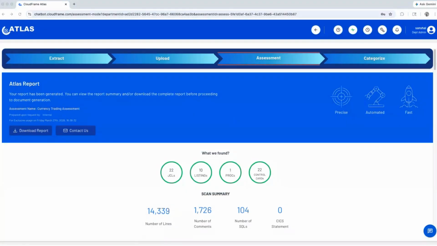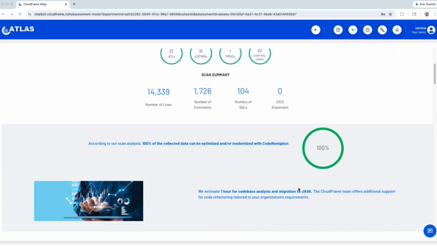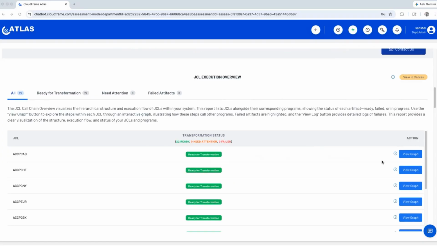truth. Atlas has identified the artifacts ingested, as well as their attributes, and generated a full assessment report, giving the developer and SMEs the ease of understanding to plan their modernization waves. Now, if I click on one of these JCLs,